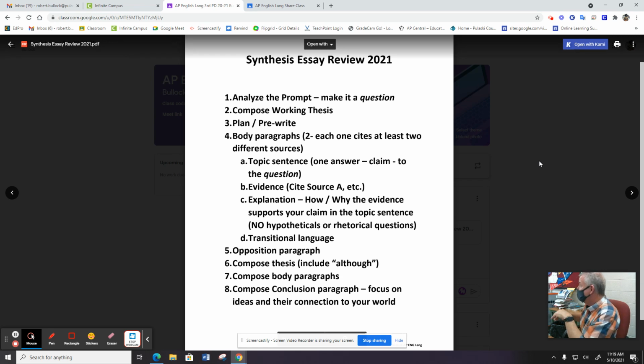I instruct students to put the source B, source C, something like that, because I know from having read them, sometimes they mislabel them, they missource them, and it gets them in trouble. You with me?